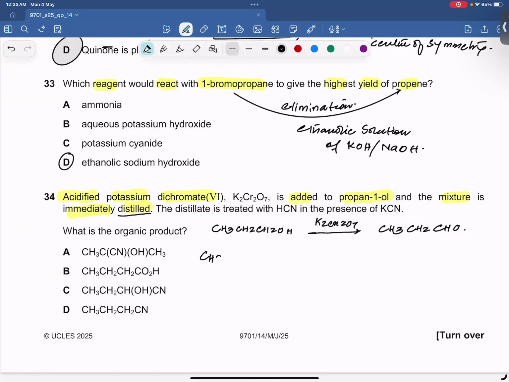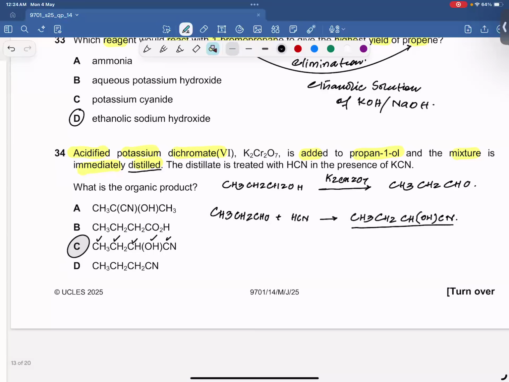So when propanol is treated with hydrogen cyanide, it will turn to साइनोहाइड्रिन, और मैंने साइनोहाइड्रिन बनाने का तरीका सिखाया था आपको, CH3CH2, ये CH है, ये OH होगा और CN आ जाएगा। तो चेक करें ये कहाँ लिखा हुआ है ऑर्गेनिक प्रोडक्ट, ये CH3 फिर CH2 फिर CH फिर OH फिर CN, तो राइट आंसर इज गोइंग टू बी C। ओके, मैं एक मरतबा फिर रिमाइंड करा देता हूँ कि हम